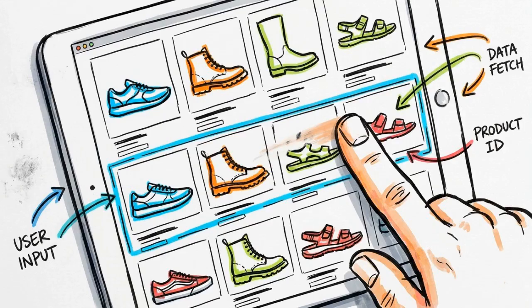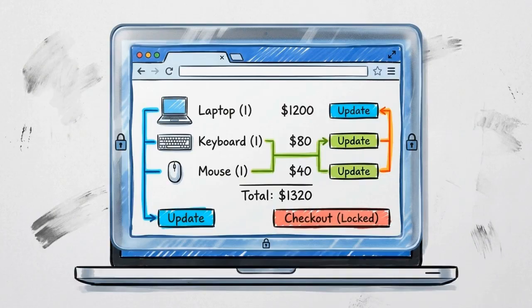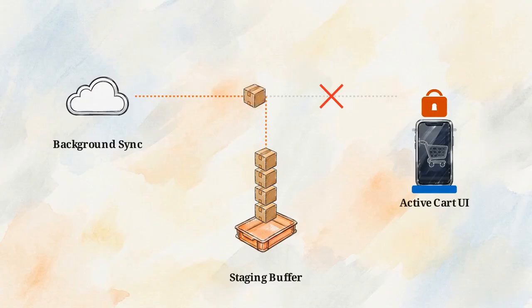If the user is just browsing general catalog pages, background changes from other devices update silently, subtly adjusting notification badges without interrupting the layout. If the user is actively viewing the cart page, the system enforces a frozen session state. Incoming device syncs are paused and held in a local staging buffer, freezing the active UI to protect the immediate